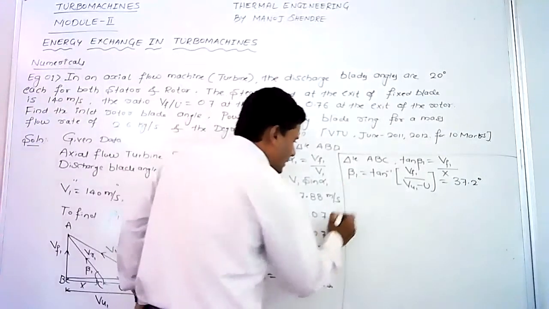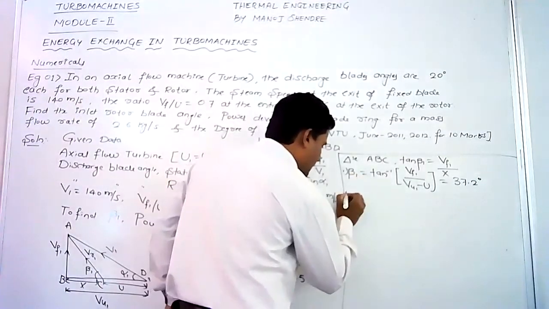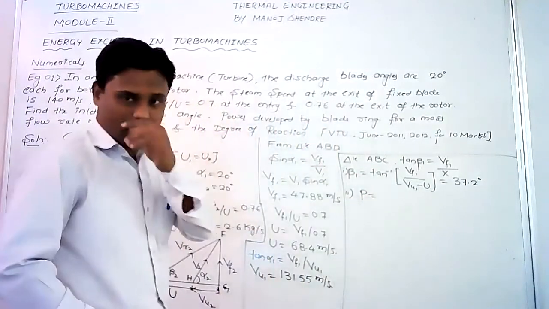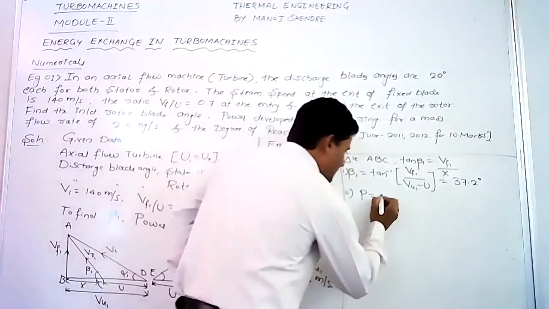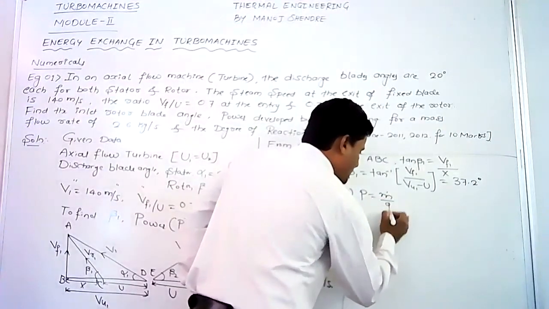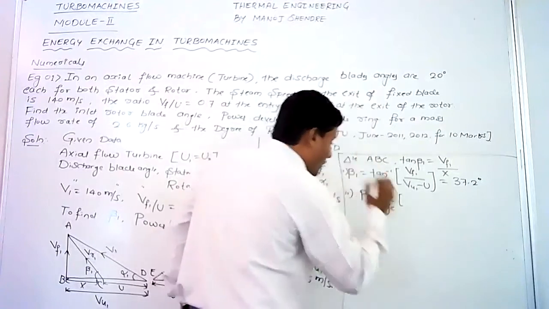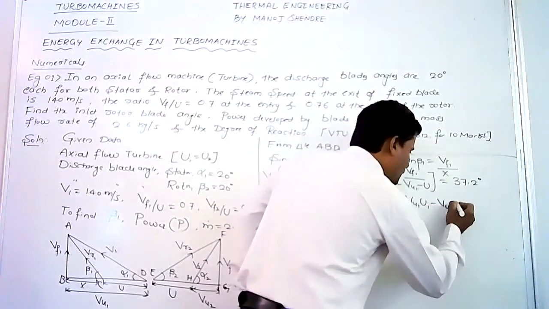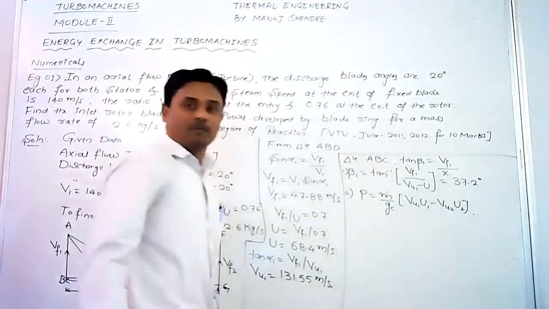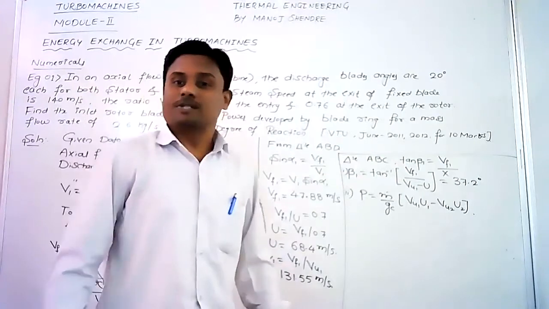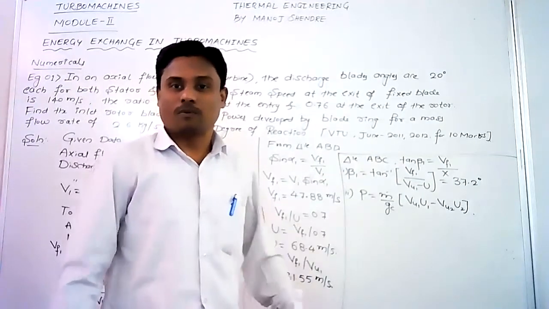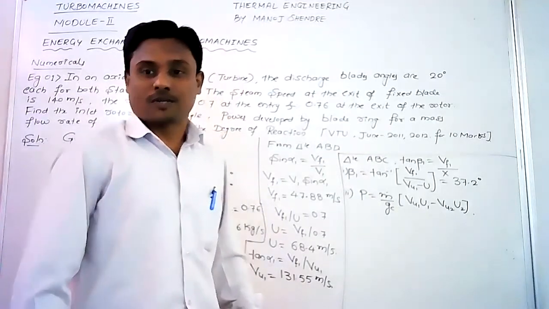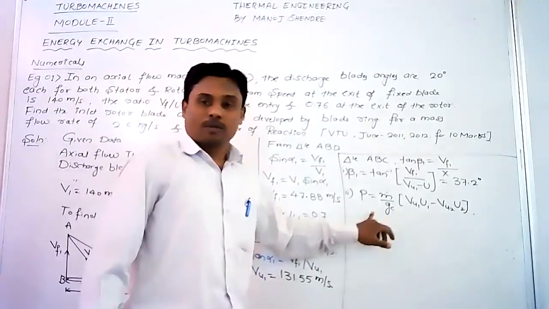Look here carefully. This is the answer for the first bit, and the second bit is we need to get the value of power. Now, power is given as m dot by Gc into (Vu1 U1 minus Vu2 U2). This we have obtained from the Euler's turbine equation. This is the final form which is obtained by doing the derivation on the Euler's turbine equation. So power P is equals to m dot by Gc.